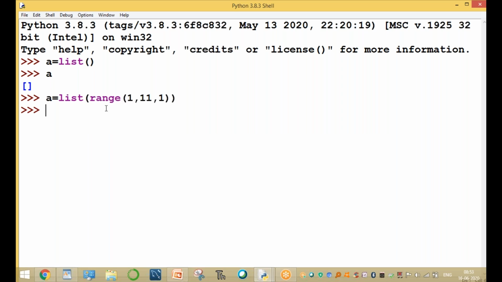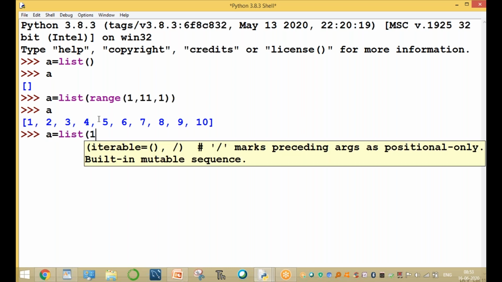Now a equal to list of some values like 11, 22, 33, A, B, C, D, and so on, to create the object. These are the values, we are supplying them as parameters. Okay. Clear? Creating an object with parameters.